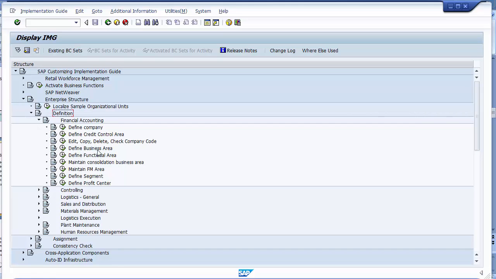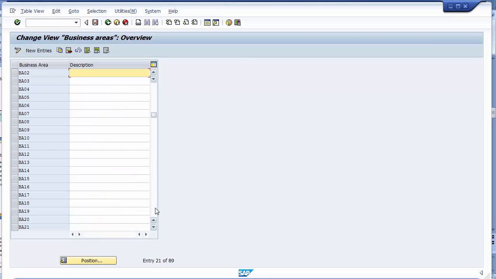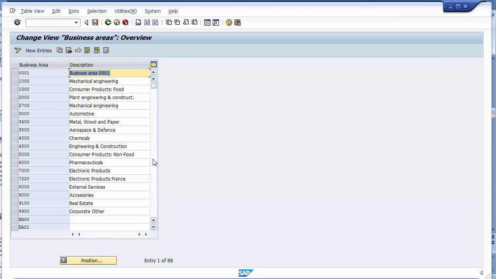In this, we can click on the business area, execute. Now in this you can define your own business areas, whatever you want to. There are different ones which have been created by people over here and not even named. So if you want, you can use those which have already been created, or you can create your own as well. For example, suppose I create